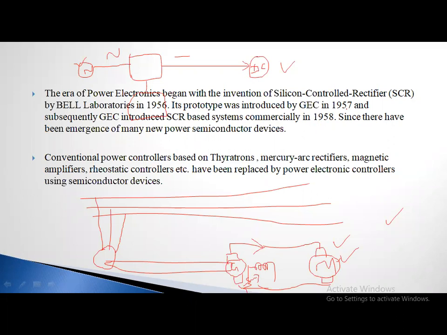Okay, economical cost. For example, by comparing these two, what will be the economical cost of this one? It is very high because DC motor we have to purchase, DC generator we have to purchase, and AC motor we have to purchase. Is it clear? So ultimately the cost will increase. But while coming to the power electronics, the cost of the power semiconductor devices is very low. Is it clear? So ultimately the economical cost also decreases. So we are having all these advantages compared with the previous techniques. For that purpose, we are going for the power electronic concepts.